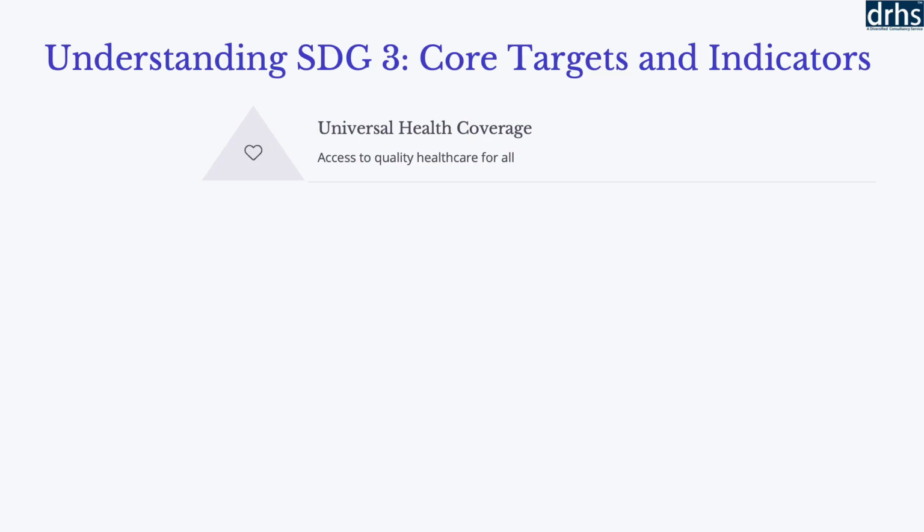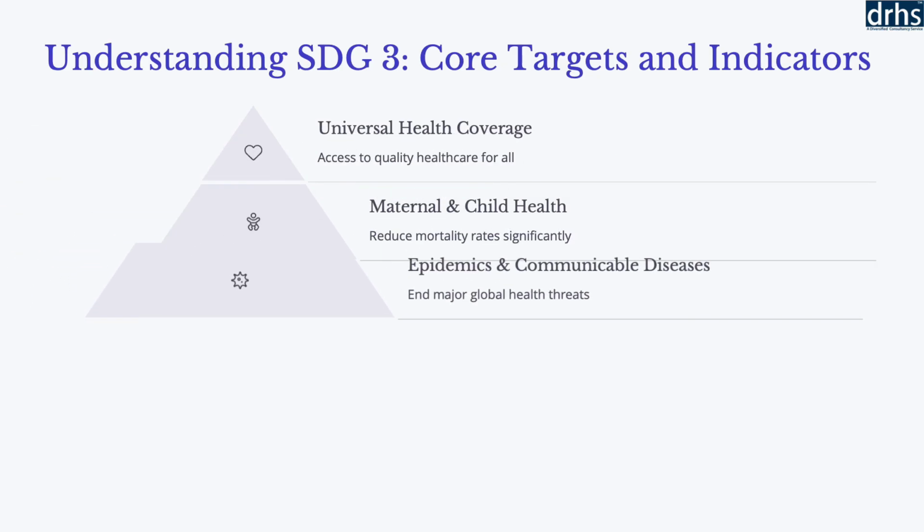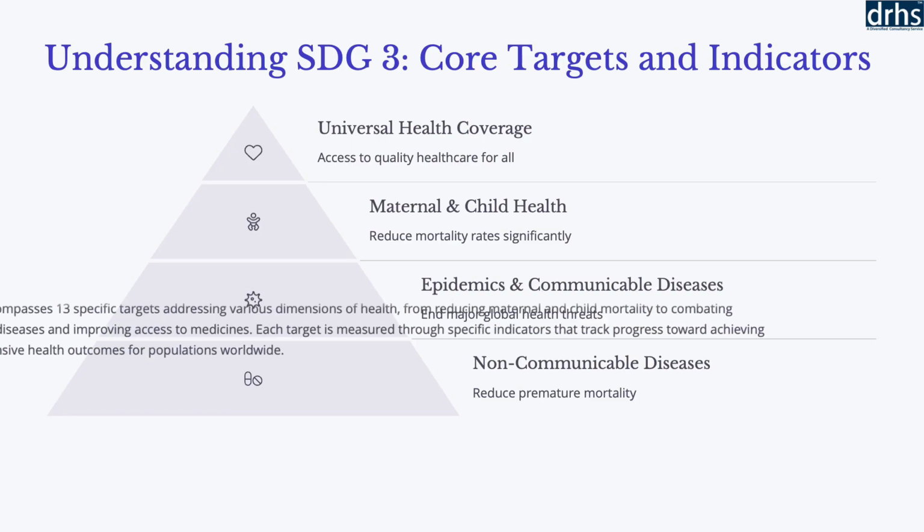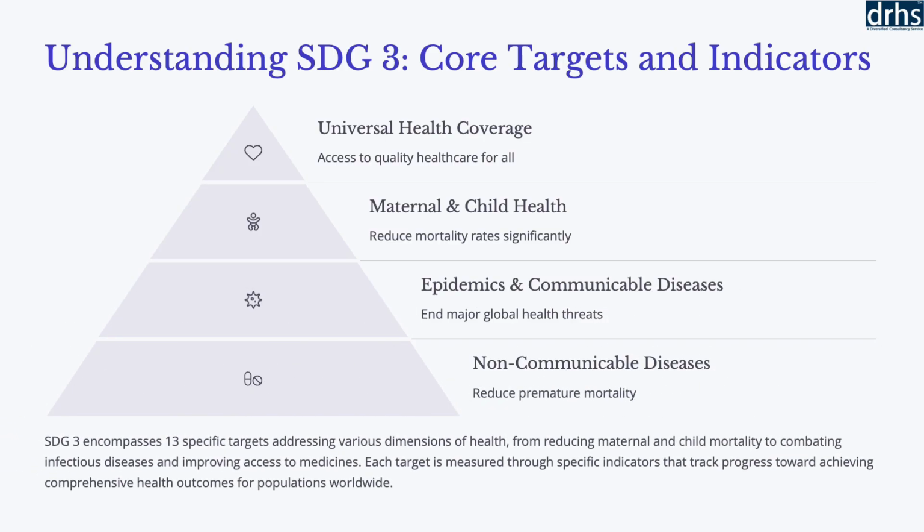Significant emphasis is also placed on improving maternal and child health by drastically reducing preventable mortality rates. Furthermore, SDG 3 tackles both ancient and modern threats by aiming to end epidemics of communicable diseases like AIDS and malaria, while also addressing the growing burden of non-communicable diseases, NCDs, such as heart disease and diabetes, through prevention and treatment. Each target is tracked by precise indicators that measure outcomes, such as maternal mortality ratios, vaccination coverage rates, and